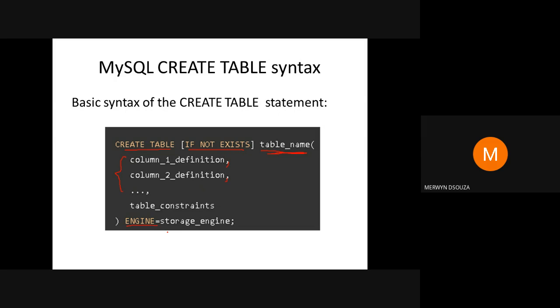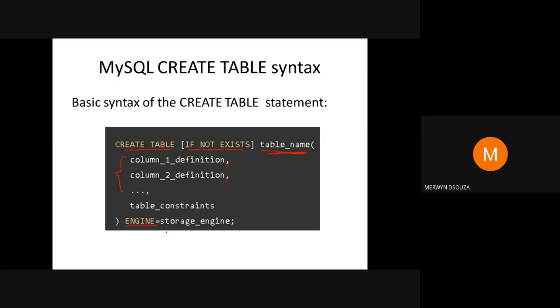So you can specify any storage engine such as InnoDB and MyISAM. If you don't explicitly declare a storage engine, then MySQL will use by default the InnoDB engine.